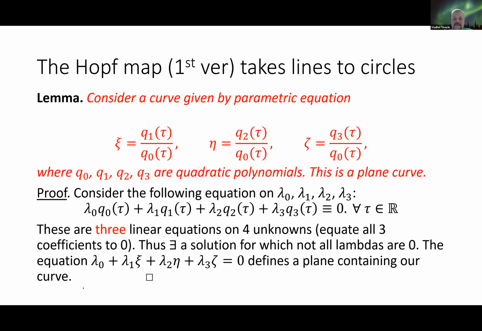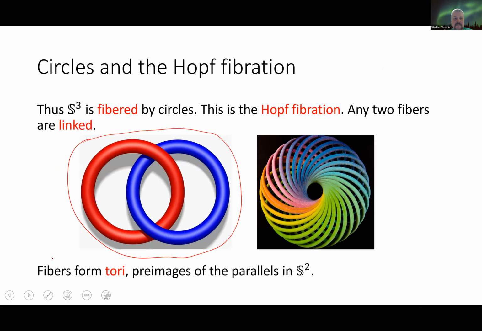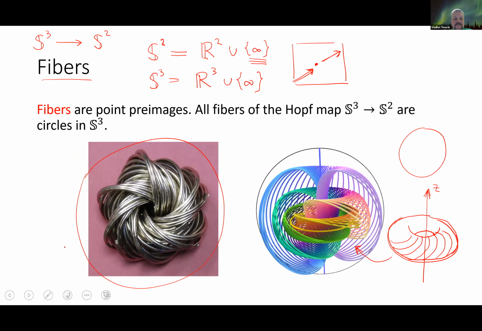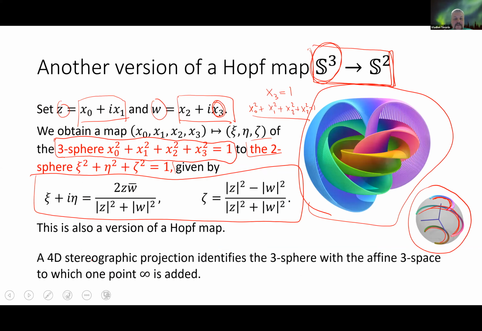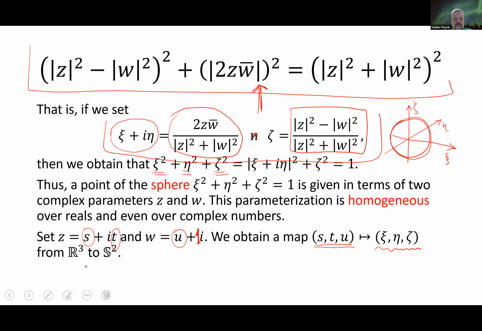Okay, so the statement I want to prove is that the first version of the Hopf map, that was, let me scroll there. So that was a map from R3 with coordinates S, T, and U to the two-sphere. The statement about this map is that it takes any line to a circle. And I want to prove this statement